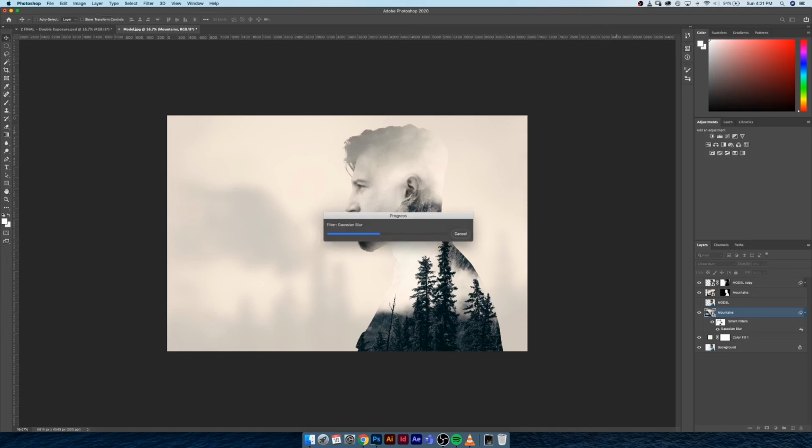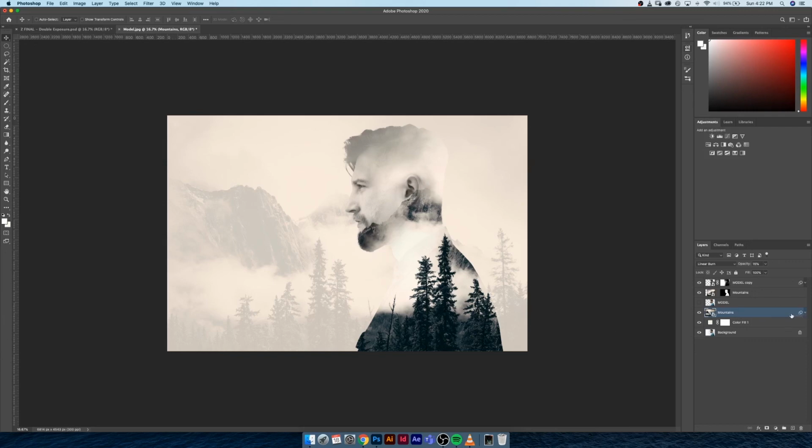So, nice little technique there. And again, because this is a smart object, if you decide that you don't even like this effect, you can just turn off the smart filter and it removes the blur and life goes back to normal again and everything's lovely. So that, ladies and gentlemen, is creating a double exposure effect in Photoshop using adjustment layers, layer masks,